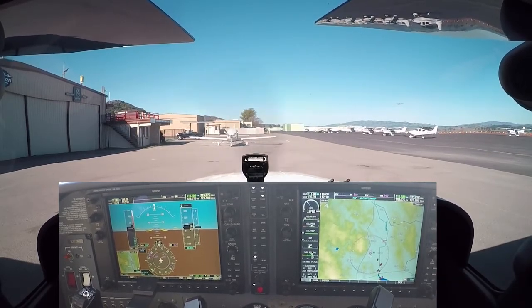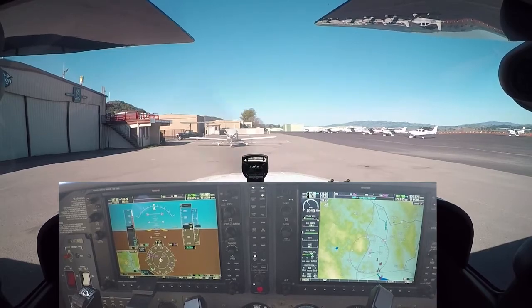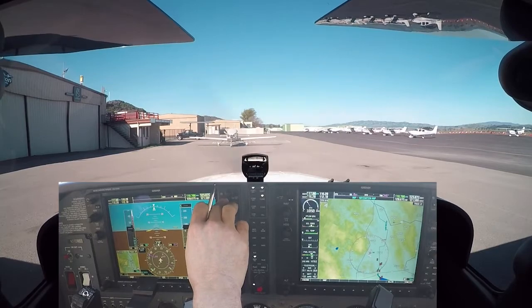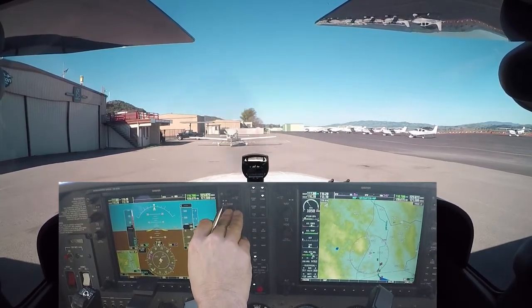Novato, Northfield. Automated weather observation 2021 Zulu. Wind 110 at 7 knots. Visibility more than 10. Sky condition clear below 12,000. Temperature 14 Celsius. Dew point 7 Celsius. Altimeter 3034 inches of mercury. Remarks: please follow the Northfield noise abatement procedures and avoid...